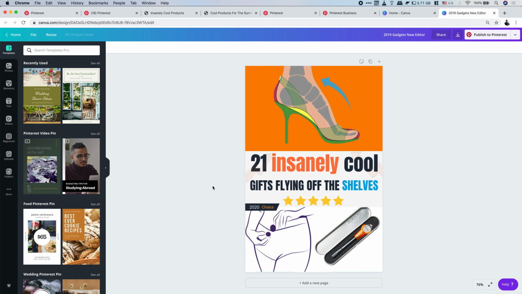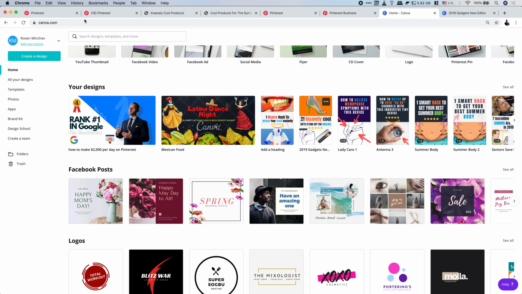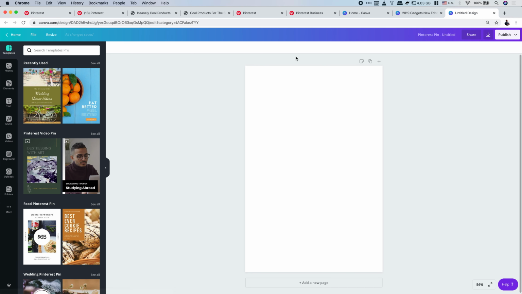But usually in Canva, what you can do is once you are on the home page, you can click create a design and then type Pinterest. And click that, and it's going to open a completely new tab with a pre-designed, the correct size for Pinterest,